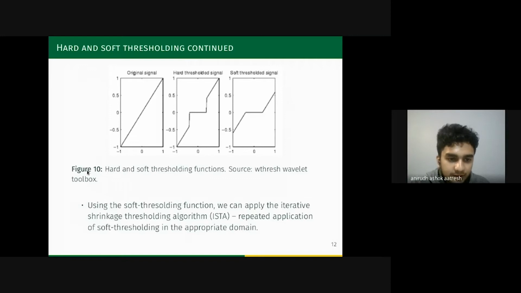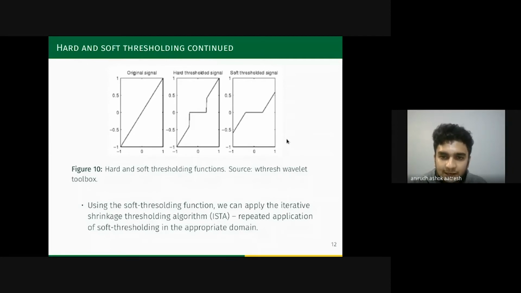Figure 10 shows the comparison between hard and soft thresholding for a given signal. Using the soft thresholding function, we can apply it iteratively, so that means we can apply it repeatedly on a signal, to enforce the sparsity in a particular domain.